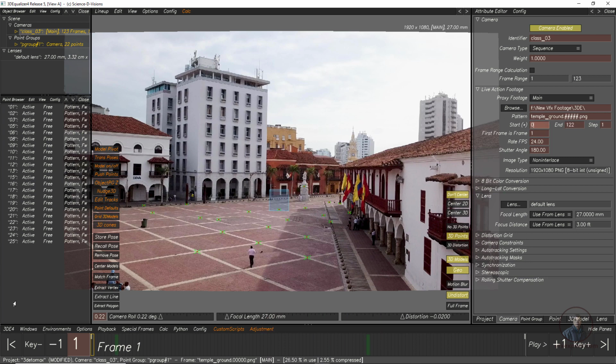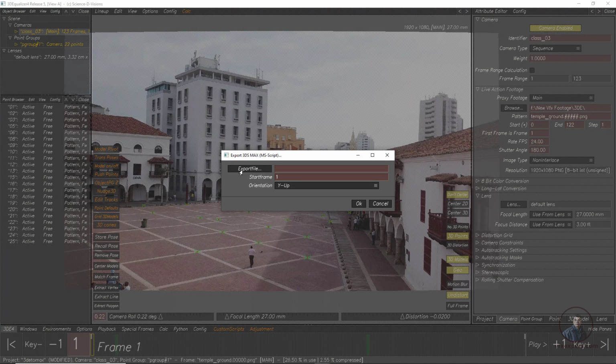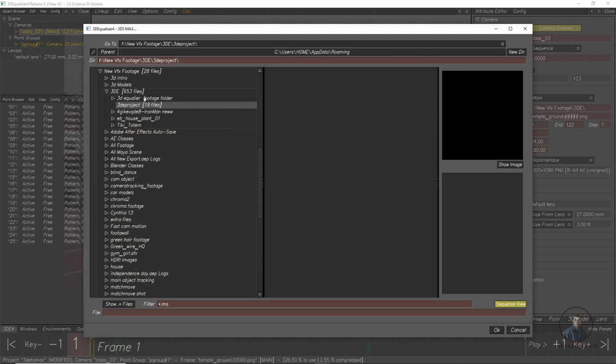Then finally, for exporting, we have to click on this 3DE4, then click on export project. Then we have to select 3ds Max. After this we have to click on export file and select our folder or directory where we want to save this Max file. Here I have selected this one, then simply give a name. Then click on OK.